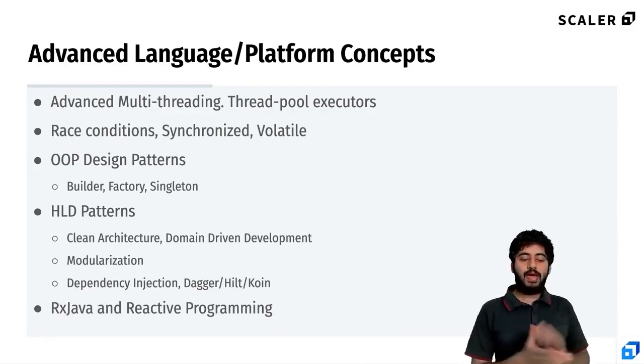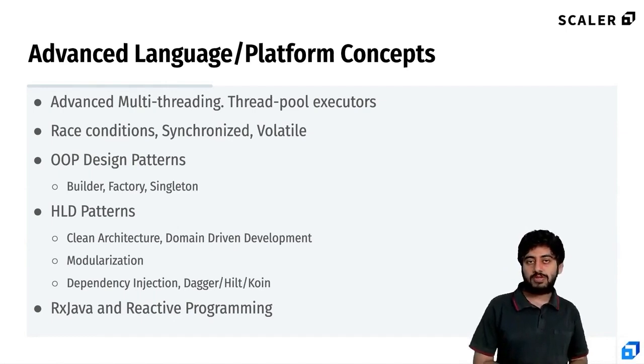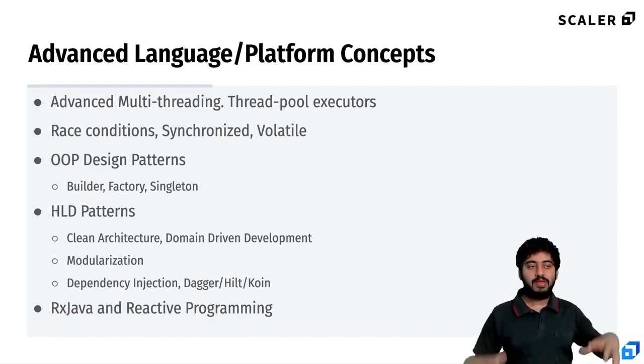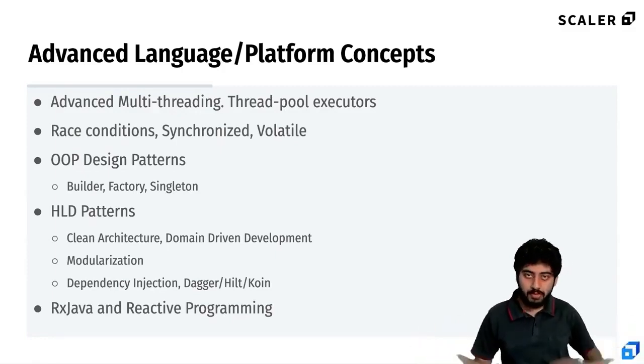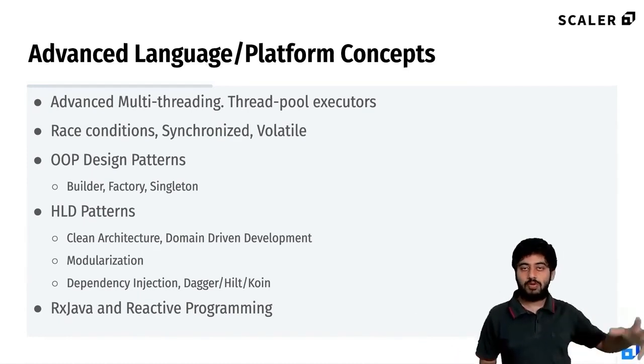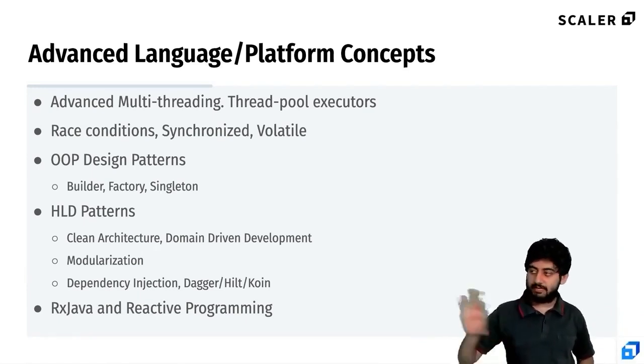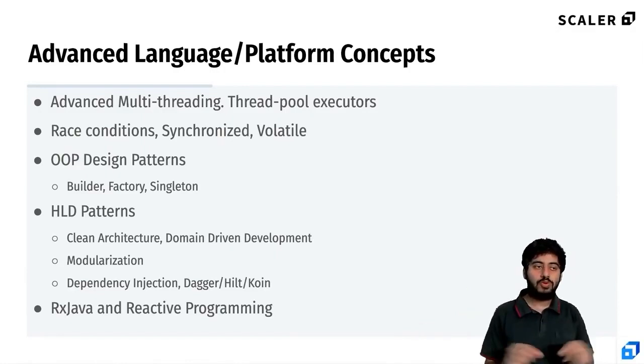Okay. And finally, reactive programming is also something you should take a look at. So a lot of times what happens is that how the data is updated and what to be done when the data is updated, these two pieces of the logic are sometimes written in very different places and you don't want to kind of couple them together. So you write the code which updates the data at some place, and you write the code of what is to be done when the data is updated at some place else, and then you connect them with either a reactive stream, or an event listener or something like that.